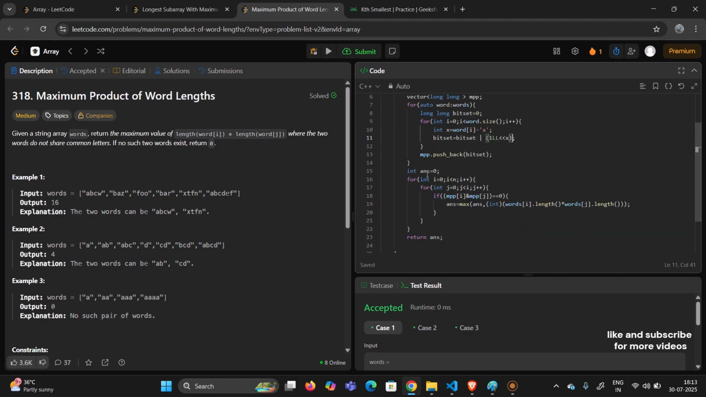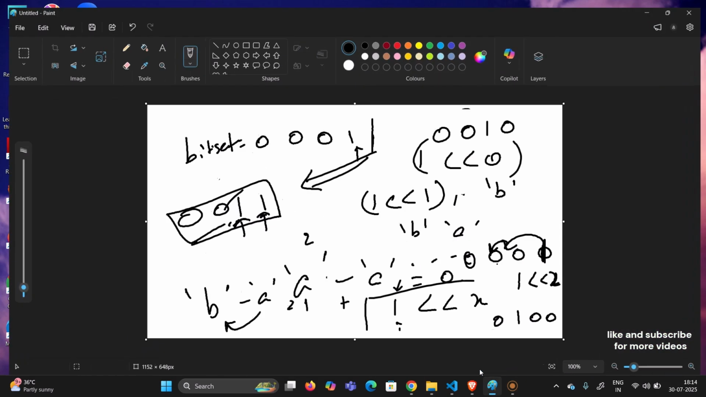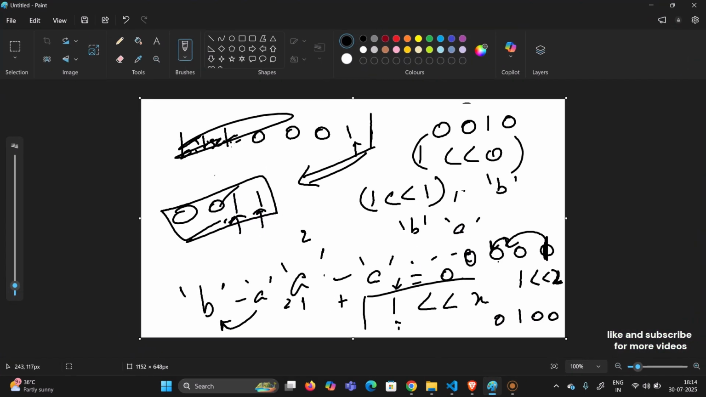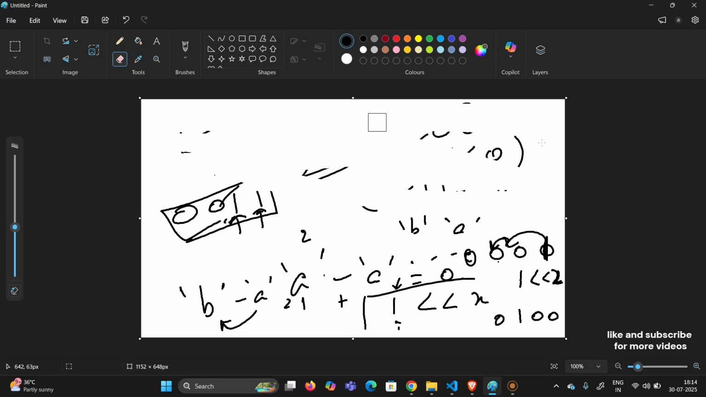Next, I'm looping over all the words in the words vector, and then again going from the 0th index to the ith index, checking for each index whether there is some other word, as both words should contain completely dissimilar characters. So I'm doing an AND operation. So what happens when you do an AND operation is